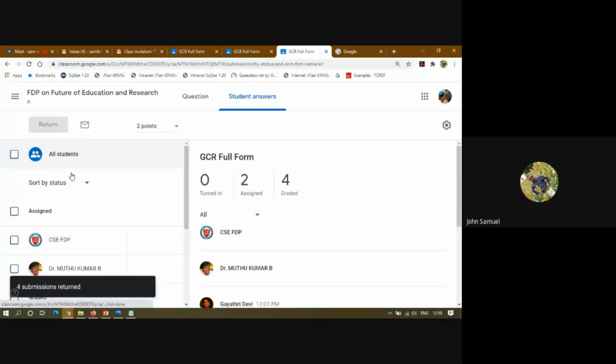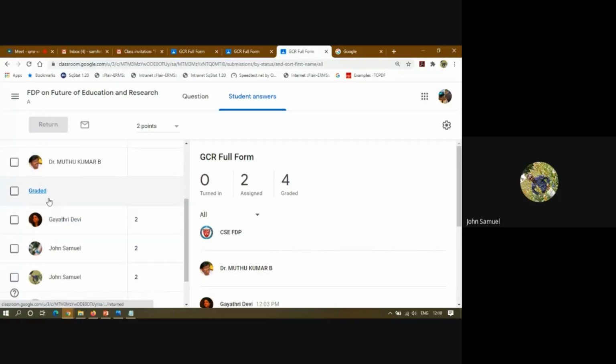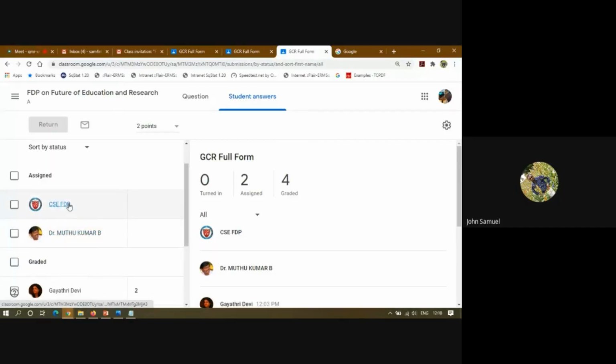So I have done that. Now the returned persons will be at the bottom. I like graded, so their marks will be displayed on the right side. Here on the left side you see assigned persons, and as a teacher you can see who all you graded, right? So 0 10, that means totally 4 members were graded and 2 are assigned which have not submitted yet.